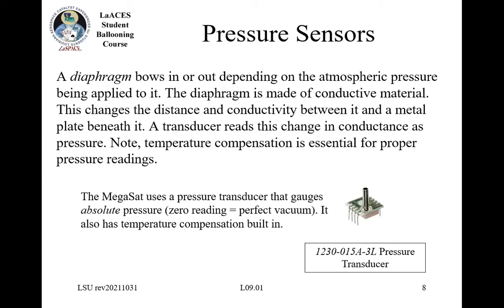So the conductivity of the sensor, which is then read out as a voltage, is going to depend on the pressure. Usually, because there's also a temperature effect for those measurements, you have to have some sort of temperature compensation. Luckily, the sensors that we're going to use have, built in as part of the sensor, automatic compensation